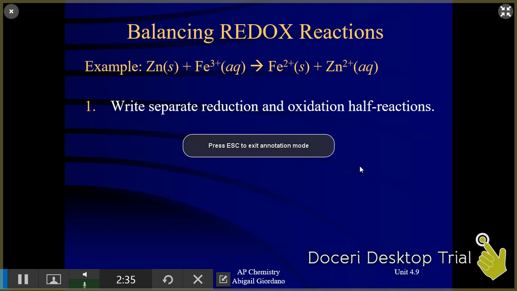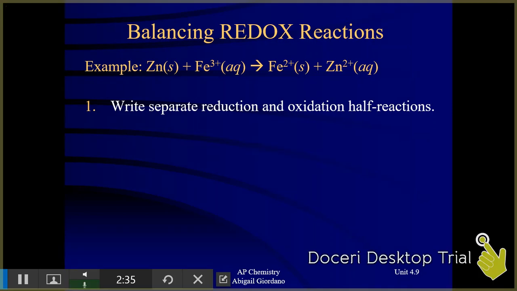The first thing that you need to do when you're asked to balance a redox reaction, which is not the same as balancing a regular reaction, is write what are called half reactions. Now if you look up at that example, you might say, well, that looks balanced to me. All the elements are balanced, and you're right, but redox reactions are unique because they are not charge balanced, and that's the thing. So I'm going to write two separate reactions, one for the reduction and one for the oxidation,